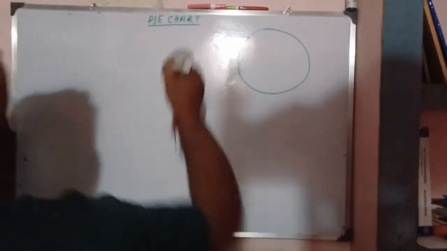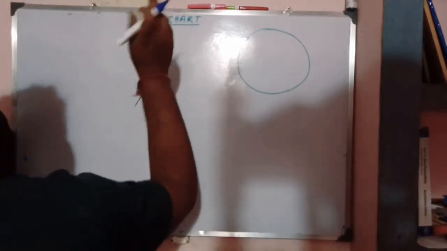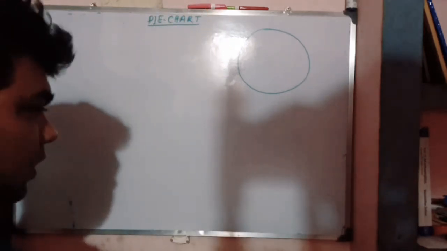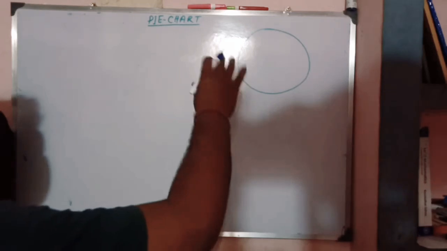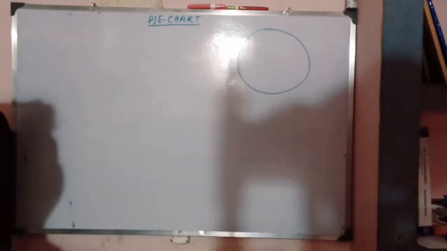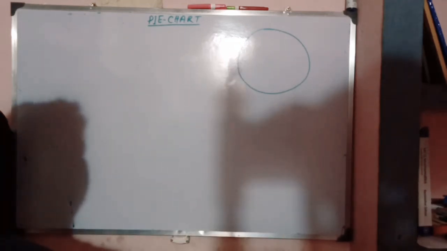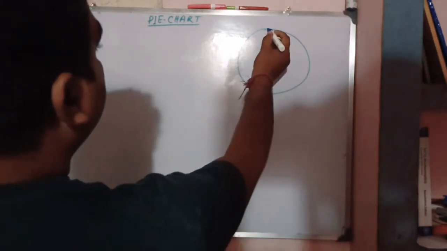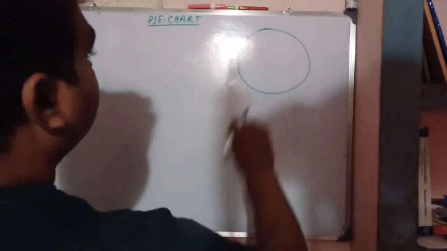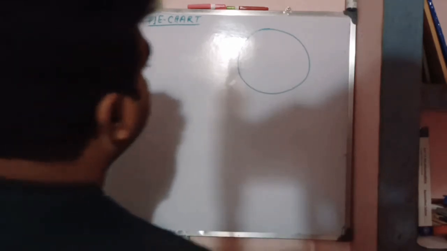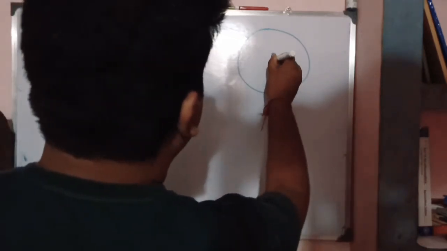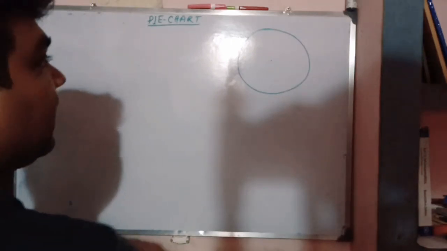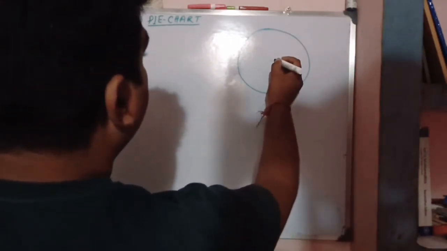We are drawing a pie chart. We always use a pencil compass. Since I have no board pencil compass with me right now, I am unable to show you the perfect circle, but I am drawing a circle as well as possible. This is a circle, and this is the center of the circle. As you can see, this is the center of the circle.